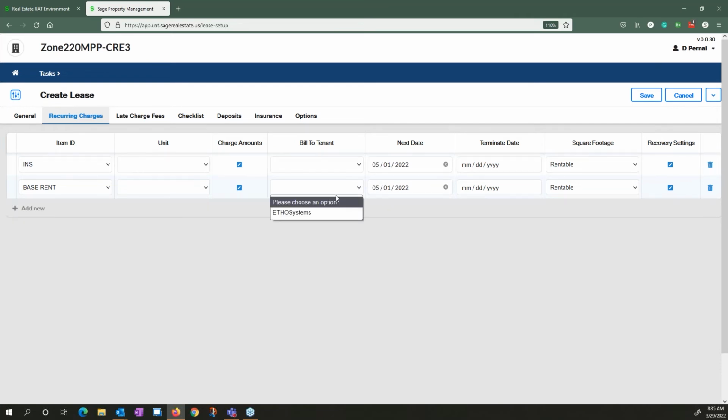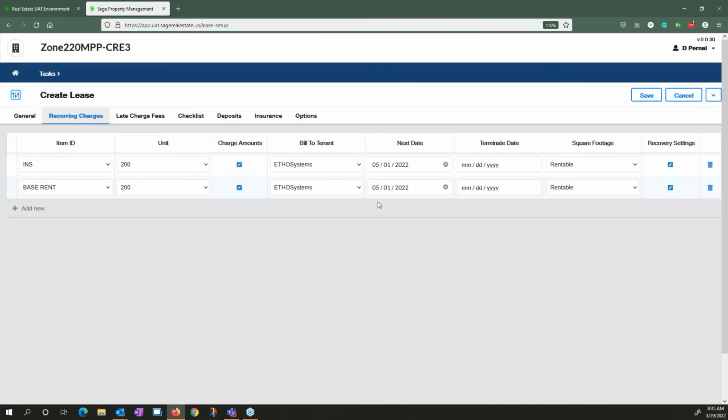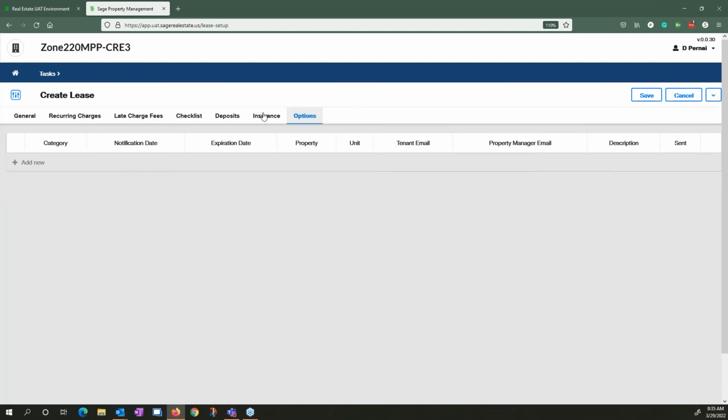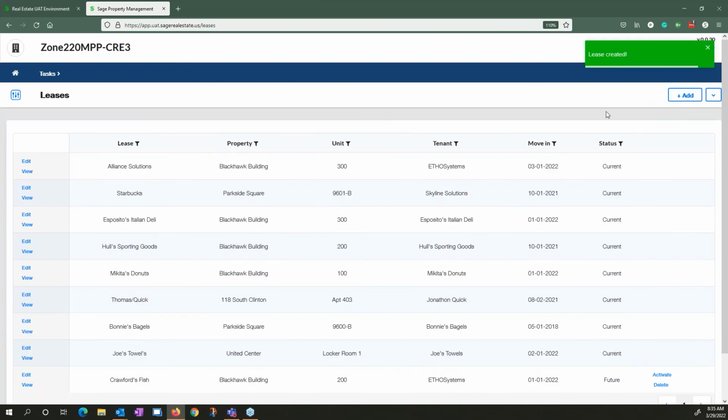So now we'll come in here and say, who do we want to bill? What unit is it for? So we can quickly and easily do all of this information. We've got our monthlies here ready to go. We got our base rent here ready to go. Good to go. And we identify the information that we need. Maybe this renewal option is different, so I want to delete it and add a new one in. But otherwise, I can save what I've done, and I've got that new lease set up in the system